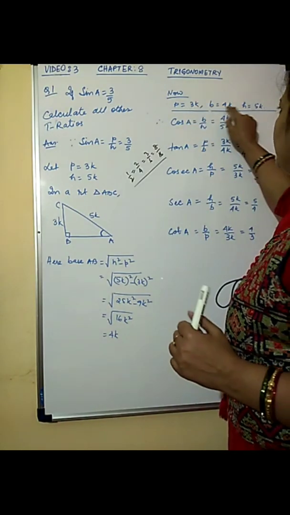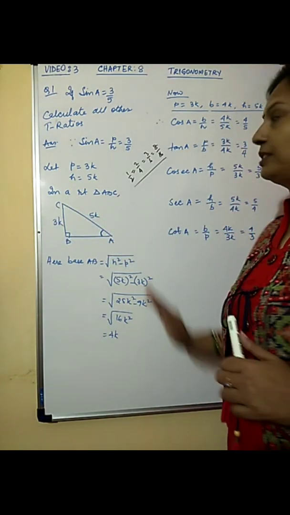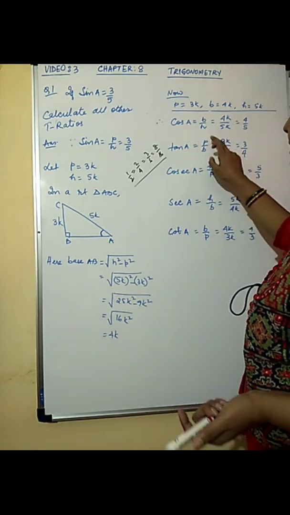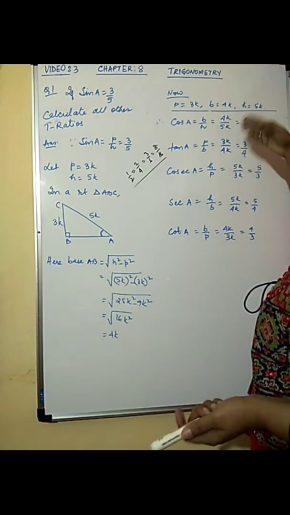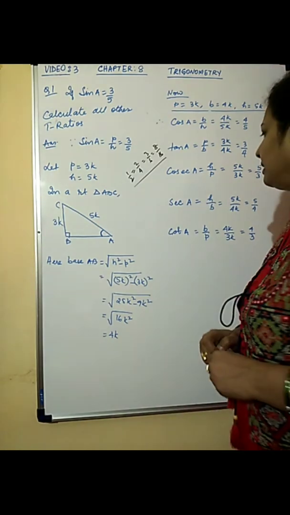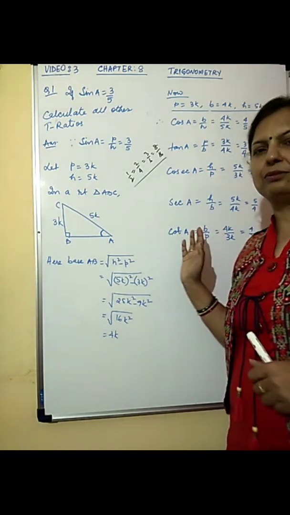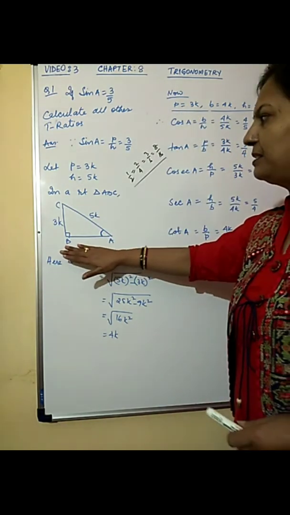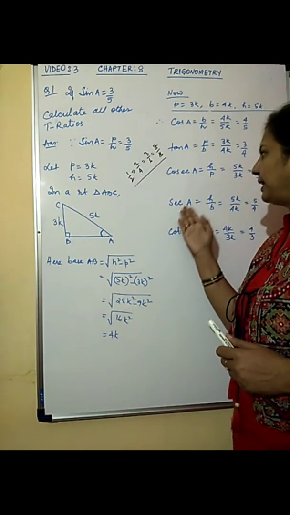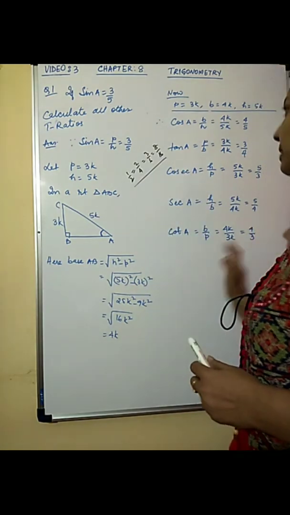So now you have the perpendicular, base and hypotenuse, the measure of all these three from the triangle, and you just have to arrange them according to the ratio of the sides. So cos A is b by h, 4k by 5k, tan A is p by b, 3k by 4k. The ratio constant will cancel, and these are the measures of the different ratios that you would be able to find out. So this is a very basic question, so I don't think it should need much time. The only thing is you have to find the base and then start putting it in the ratios of the different names. You just have to substitute the values and you should be able to get it.